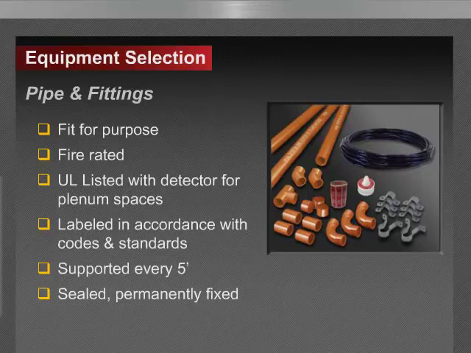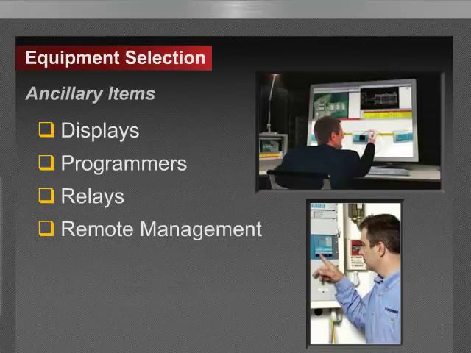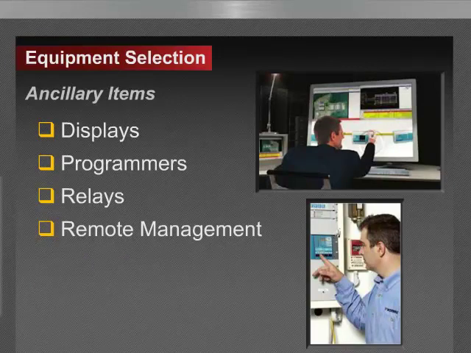Consideration must also be given to remote ancillary items, which can contribute to the efficiency of installation and effectiveness of operation by placing components, where needed, for the ability to view status, program functions, and manage all aspects of the system remotely. This includes the use of remote displays, programmers, and potentially remote relays, putting the relays where most appropriate or convenient, which can tie into other systems, and of course the use of remote management software to manage and control the system.